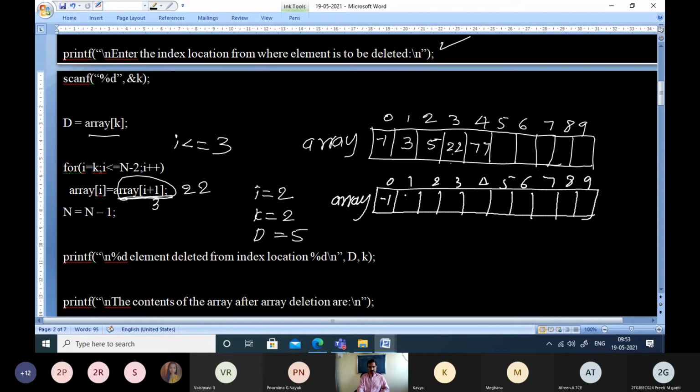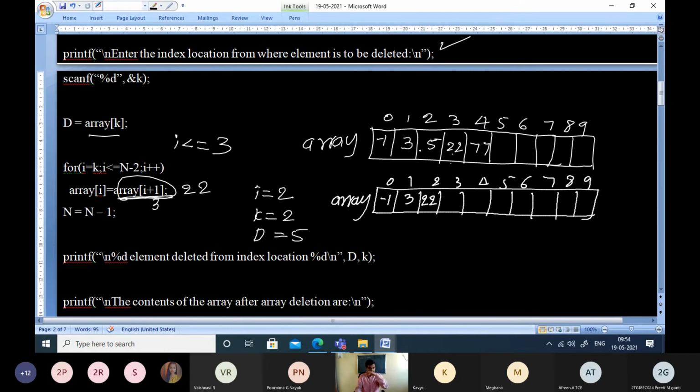That means these first two elements will not change. What I am doing, I am taking this 22 and shifting it to the location here. So once you write 22 here, this 5 will get overwritten. The element 5 will be lost, and in the index location 2, the element 22 will be overwritten.